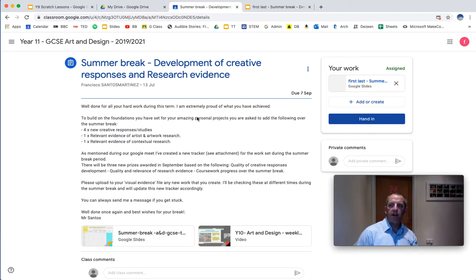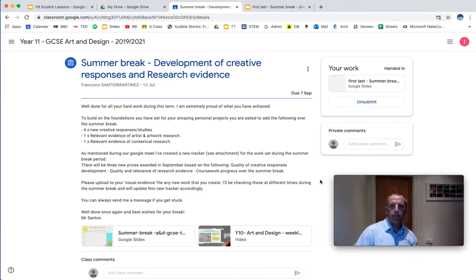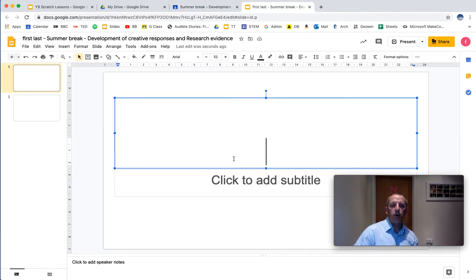Or you might have a deadline coming up. We'll get onto deadlines in a minute. So if I click this hand in, now this is the same as you physically handing in a piece of paper. So that means that's now handed in. You can't now work on this, you won't be able to edit it